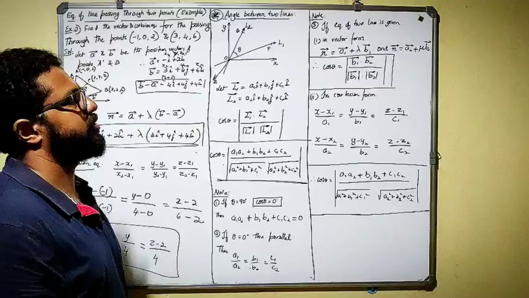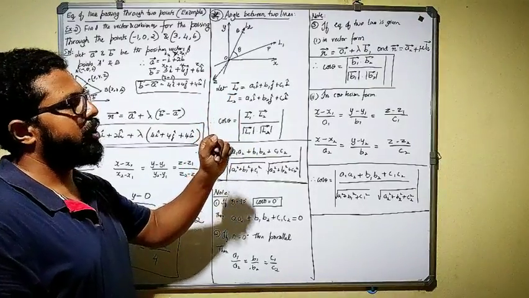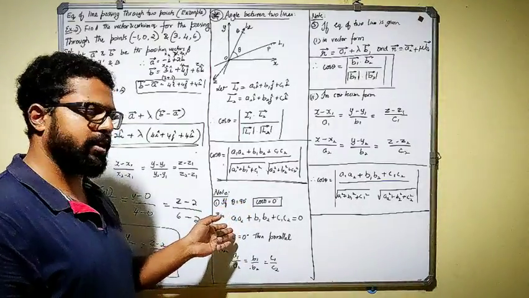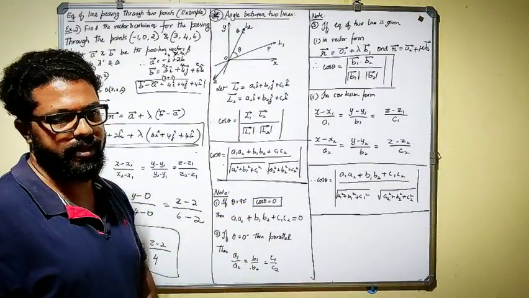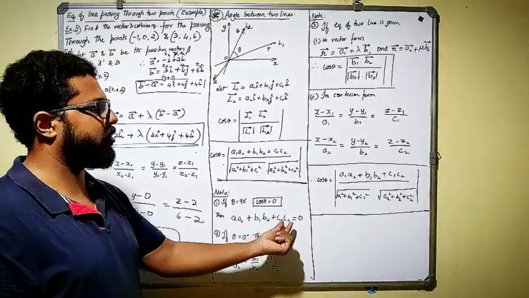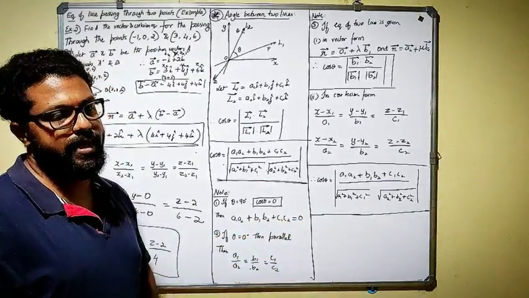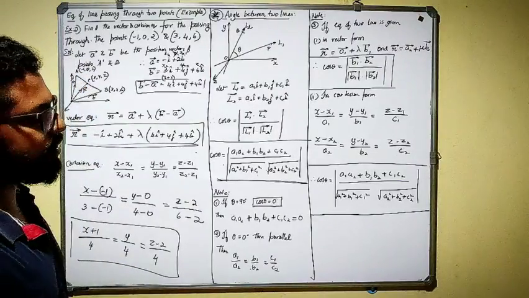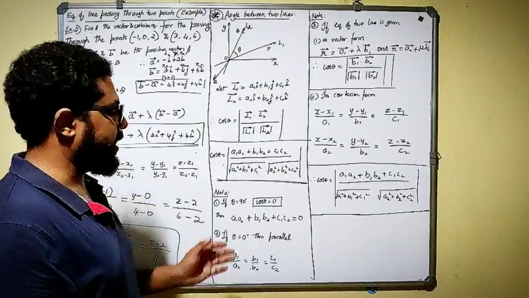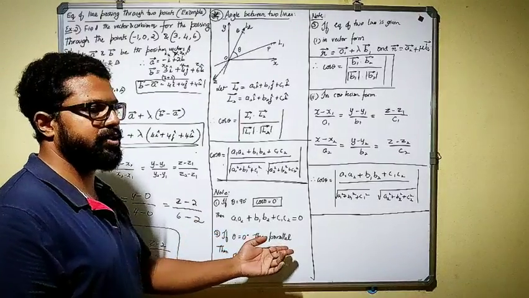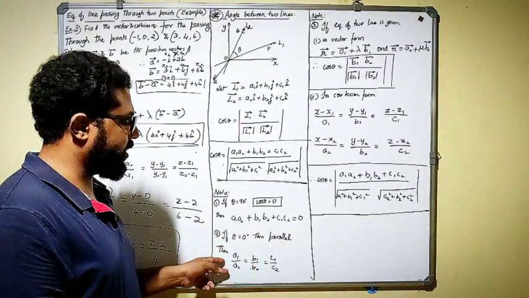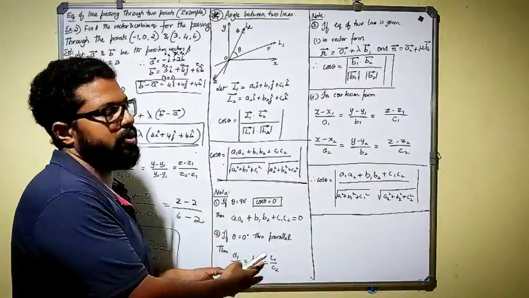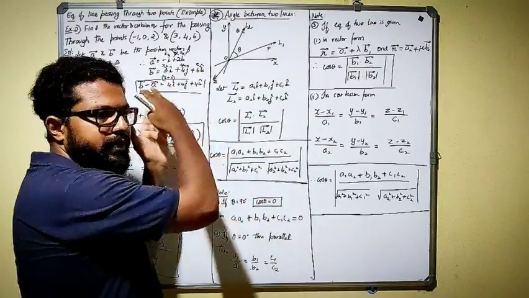So they can ask the question in this way. Two vectors will be given to you. Prove that the two vectors are perpendicular. We have already done this in the dot product itself. Prove that the angle between them is 90 degrees. So if I add them all, A1 A2 plus B1 B2 plus C1 C2, and get the answer as 0, then I can conclude that the two lines are perpendicular to each other, or the angle between the two vectors is 90 degrees. Clear? The second observation is the parallel condition, which we have also come across. If the ratios are the same, the lines are parallel. This is just a recollection of the previous dot product topic, relating it to the angle formula.